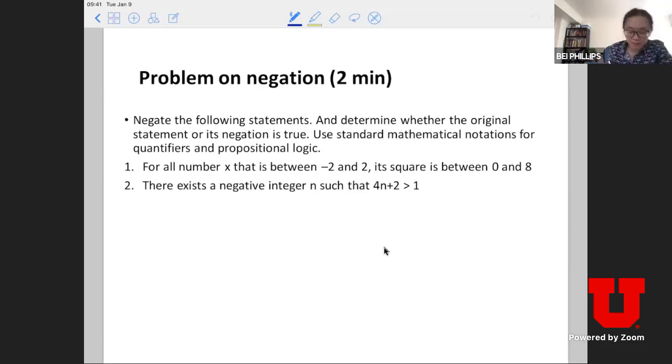All right, do I have a volunteer for the first one? Let's first translate the English sentence into a logic proposition in mathematical notation, and then we're going to negate it. You can raise your hand and then unmute yourself, or you can type the solution. I think typing is actually quite hard because it's mathematical formulations. But yeah, do I have a volunteer for this?